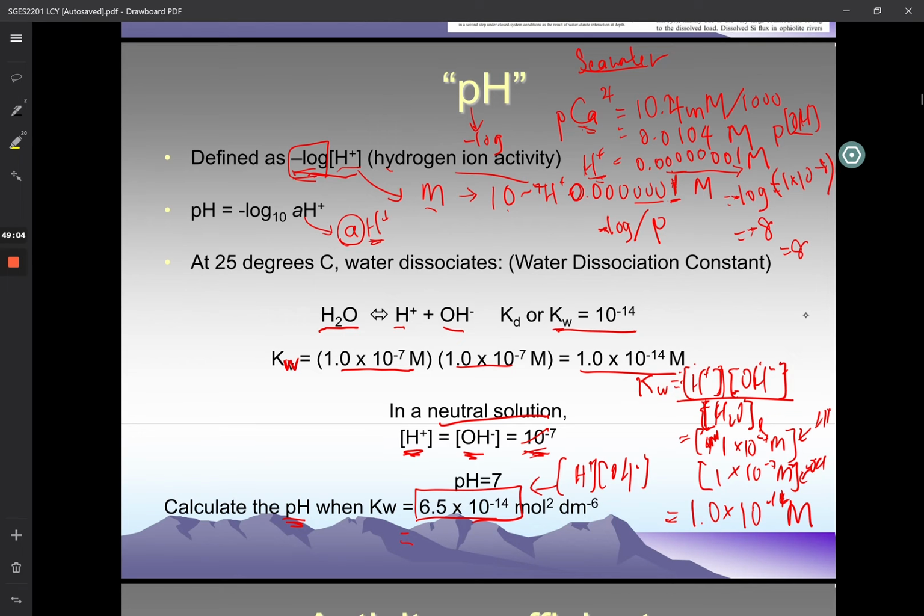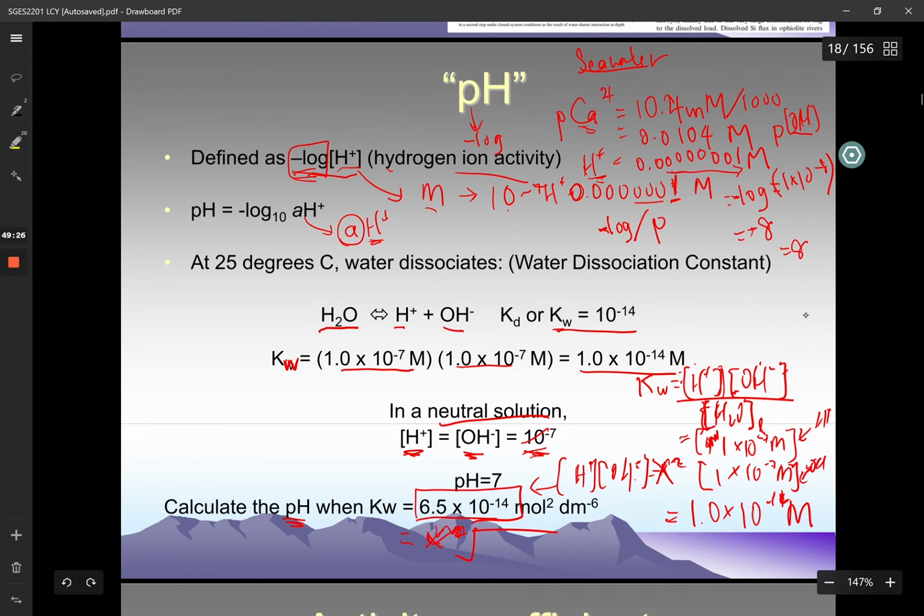The relationship between the two is Kw, and because you have x to the power of 2, if we want to back calculate it,